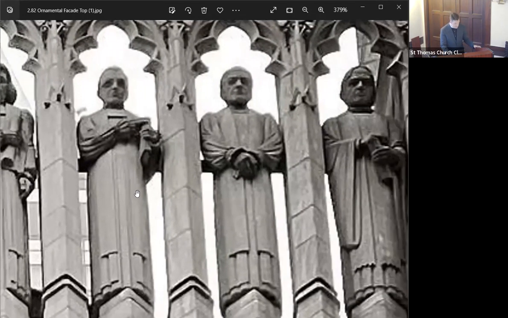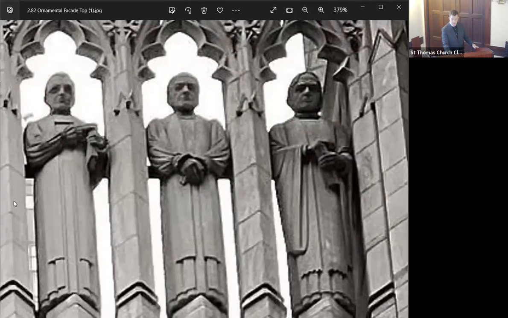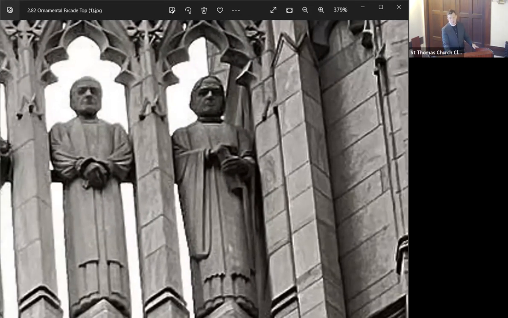Next to him is Bishop Henry Codman Potter. He was the 7th bishop of the Episcopal Diocese of New York, and an extraordinary statesman and figure in New York City. There's so much that could be said about him. He was very praised and appreciated in his day. The next to him is, and he was also